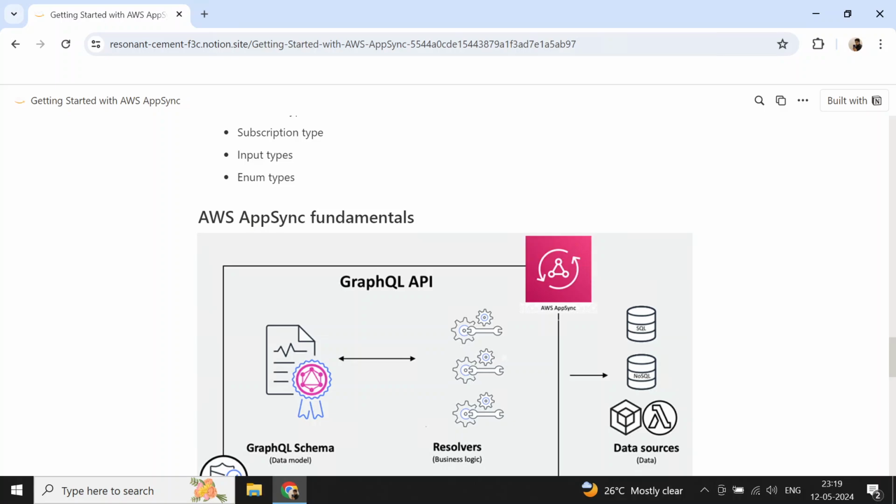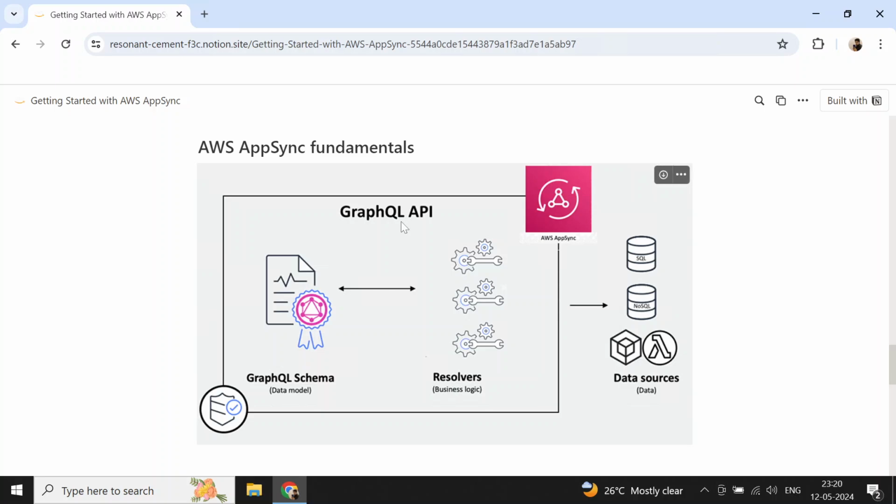Next, talking about AWS AppSync fundamentals. We just learned about GraphQL fundamentals, but we have to eventually create a GraphQL API in AWS AppSync. So we have to understand the fundamentals of AppSync. Don't worry if you feel that there's a lot of theory going on. We will quickly jump into the practical demo and into the AWS console, and you will be able to correlate all the things there